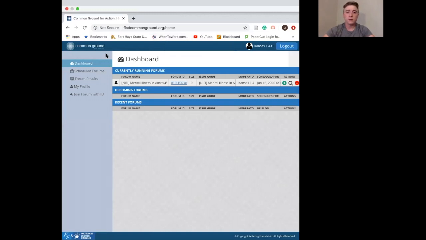Alright, so first thing you want to do is get your screen set up so that you can have your script from the CGA moderator guide pulled up as a split screen, or if you happen to have another monitor that you can connect to your computer, to have them pulled up so that you can copy and paste from that document. Once you get logged into your account on findcommonground.org, you want to go to your scheduled